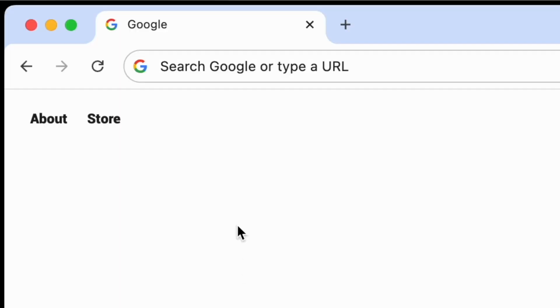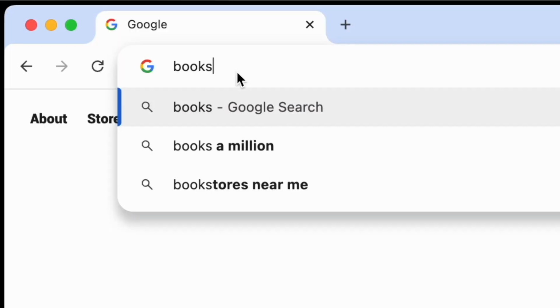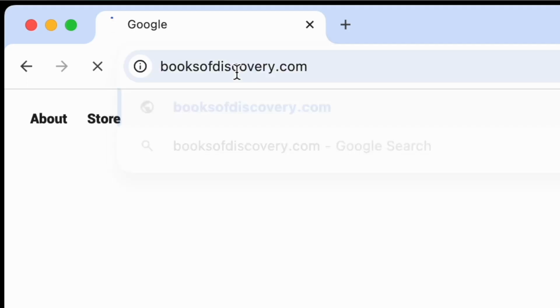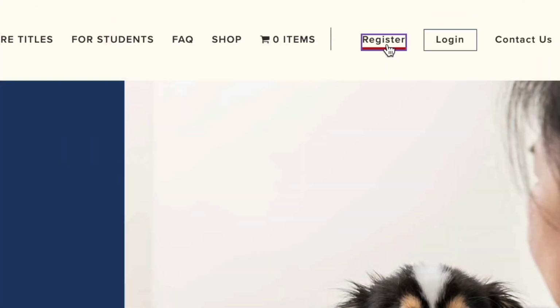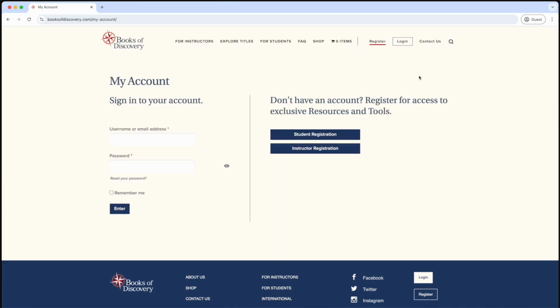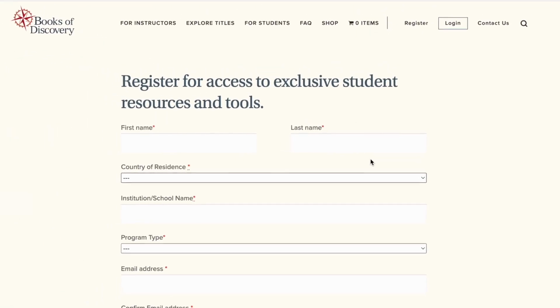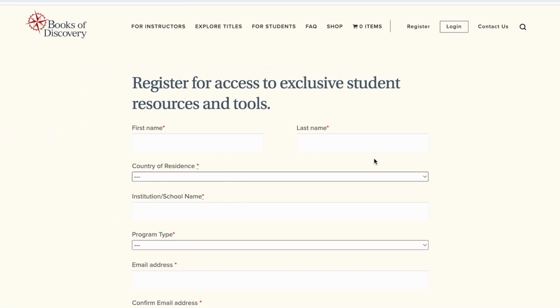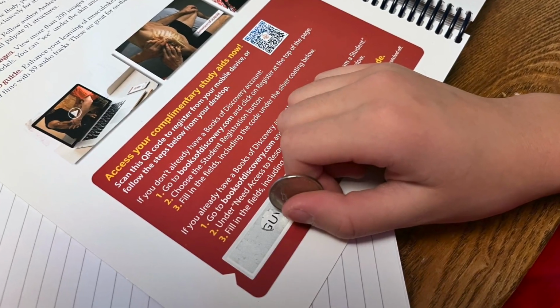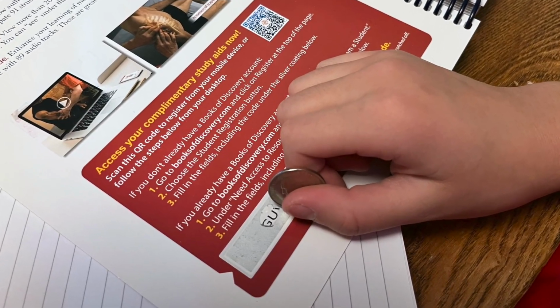If you don't already have a Books of Discovery account, go to booksofdiscovery.com and click on Register at the top of the page. Choose the Student Registration button and then fill in the fields, including your unique validation code. If you have a printed textbook, you'll find your validation scratch-off code on the inside front cover under the silver